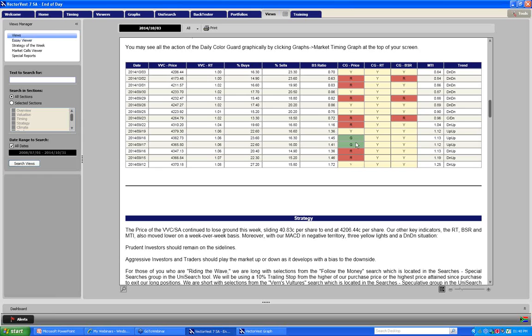Ask anybody. Then all of a sudden, we go down and up again, and we get a red light. Now, that was a shorting signal right there on the 22nd, and that one worked beautifully. So if you'd shorted there, you'd have been stopped out. Unfortunately, that goes with the territory. And then we go confirm down because the MTI goes less than 1, and then we fall the whole way